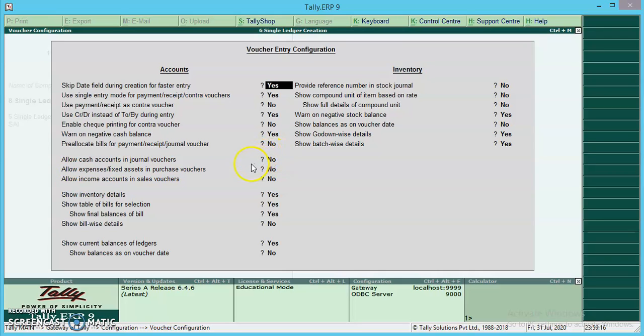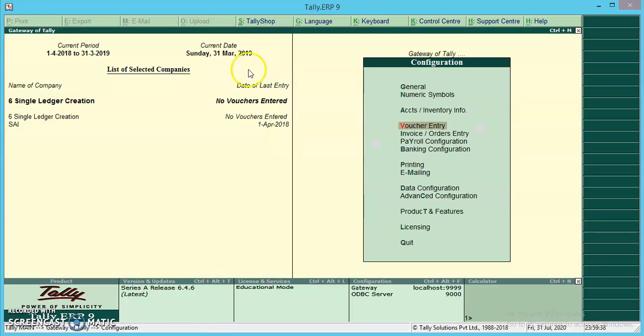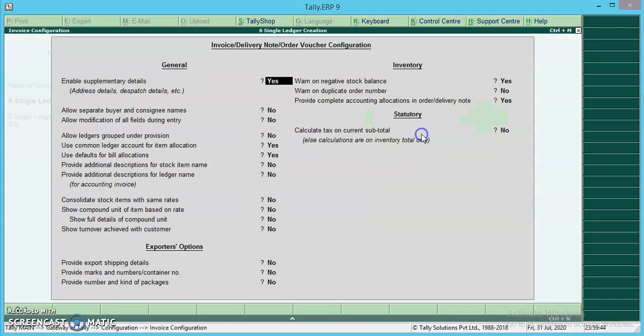So depending upon the requirement, the user can rename or redesignate the yes or no option to make modifications to the entire directory. So this is about voucher entry configuration. Next is invoice or order entry.